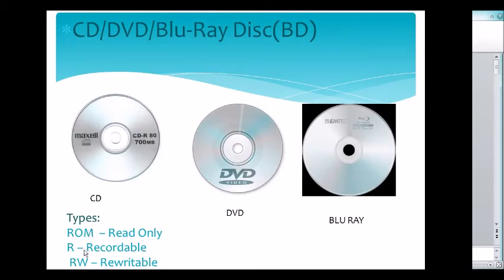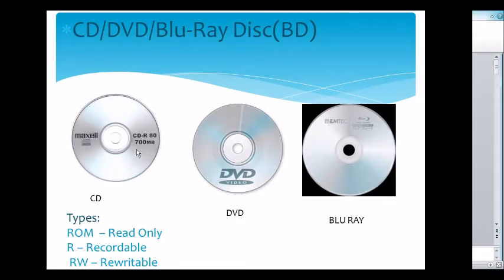Okay, fine. Next one, CD-R. You can see here CD-R. CD-R means recordable. That means you can copy any files in this. You can save. Like 400 MB space is used when you bought it, and 300 MB is still there, right? So in that 300 MB you can store some pictures or any files.